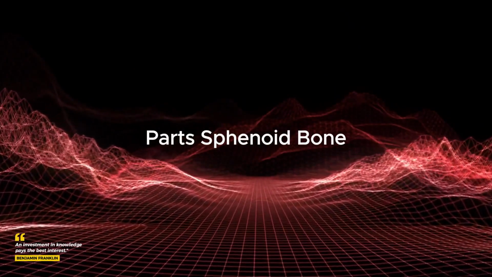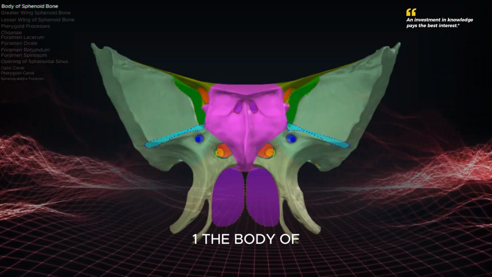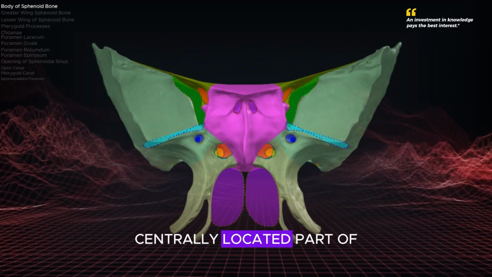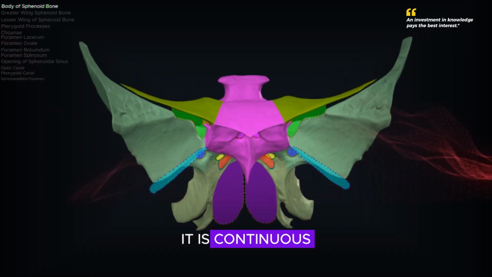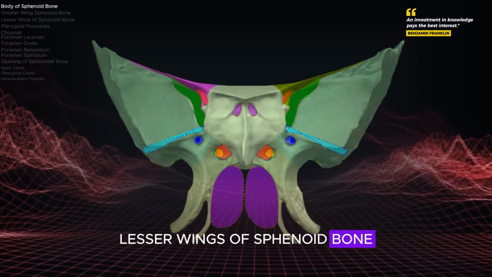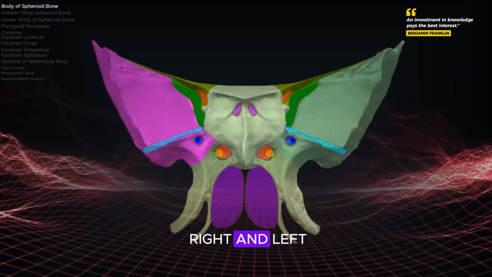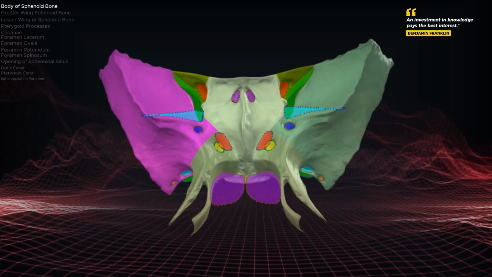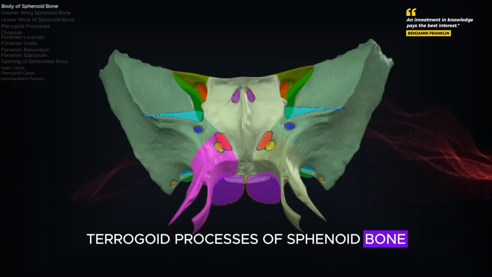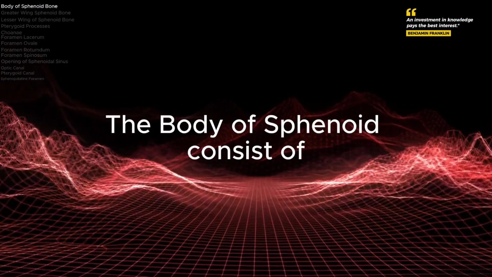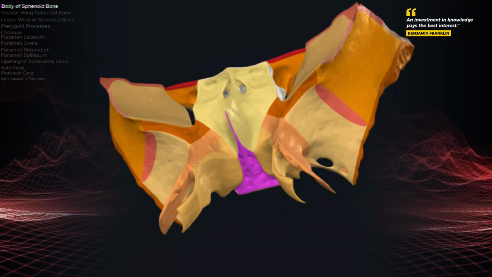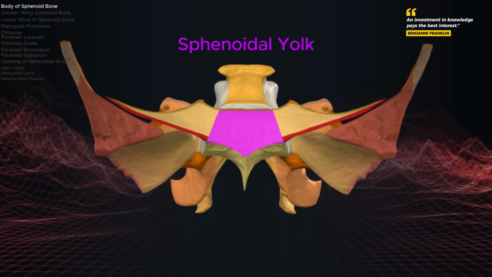Parts of sphenoid bone. 1. The body of sphenoid bone is the hollow, cube-like, centrally located part of the bone. It is continuous supralaterally with both the right and left lesser wings of sphenoid bone, laterally with both the right and left greater wings of sphenoid bone, infralaterally with both the right and left pterygoid processes of sphenoid bone. The body of sphenoid bone consists of anterior, posterior, and inferior surfaces, a single sphenoidal yoke, sella turcica,